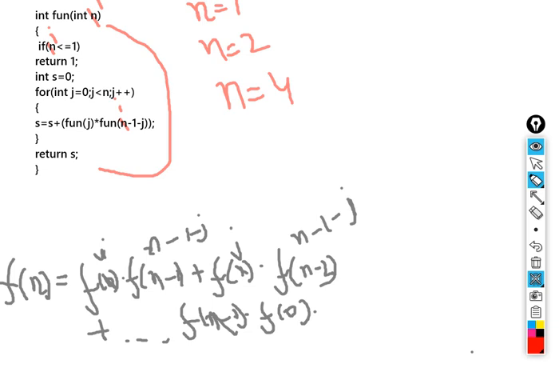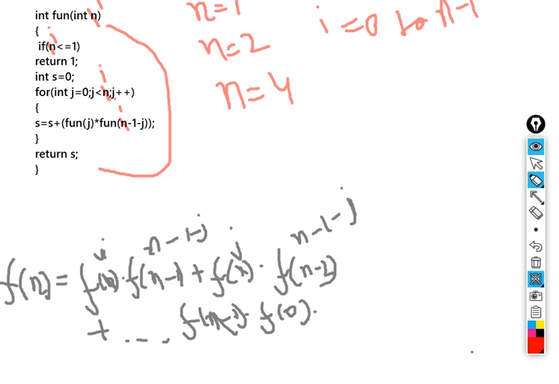So for n equal to 4, we would be getting fun1, fun2, and since we have 0, fun0, fun1, fun2, fun3. So instead of n, if we put i, and say that this i loop is running from 0 to n, then it would be less than n, or 0 to n minus 1, and we would not be wrong, because this fun(j) is nothing but 0 to n, less than n, for whatever n you put in. So ultimately this loop itself runs n minus 1 times. So I will be replacing this n with i over here, because ultimately we are iterating over here.